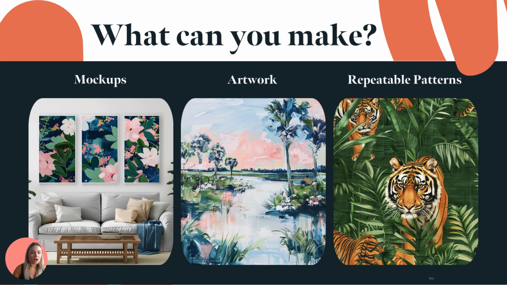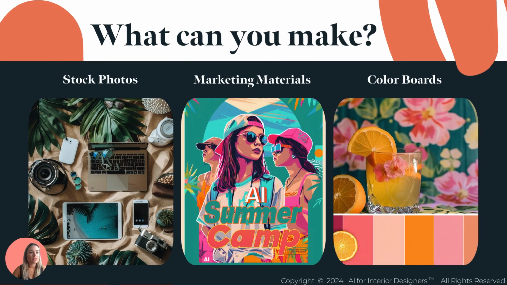You can create artwork. So this is one where I was talking to my design assistant, which had onboarded all the client information. And then I said, okay, thank you for creating the color palette. Now what's the artwork that goes with it? And then this is the art here. And then I extracted the color palette from that. Here's some repeatable patterns again, so those seamless textures, but this is more in the application of creating one that repeats as a wallpaper. And right here, we've got some stock photos.